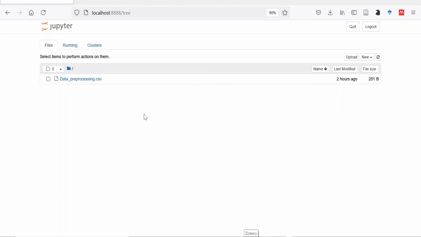The first thing we want to do is to have a look at the sample dataset. Remember, in the previous tutorial we created a folder named phd5ml, and right now we are in the exact same folder in Jupyter Notebook. Earlier this folder was empty, but now here we have a file called datapreprocessing.csv. This is actually the data file we are about to use for data preprocessing.